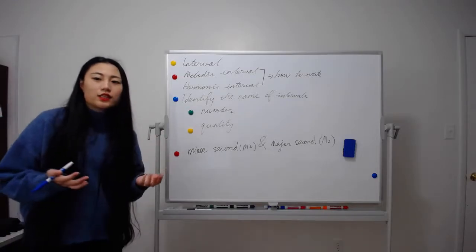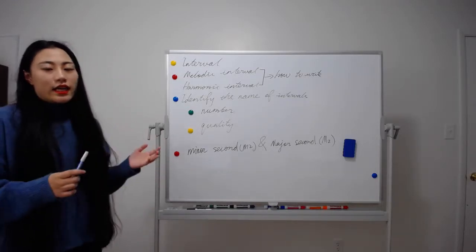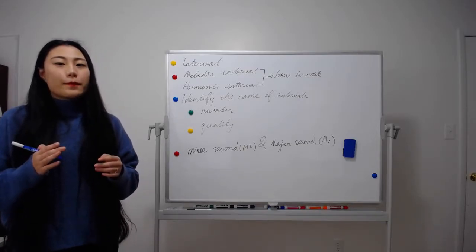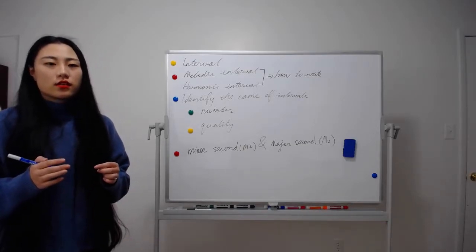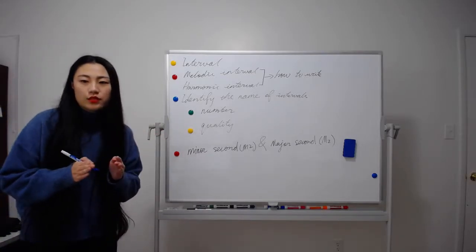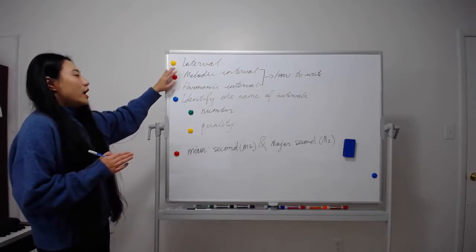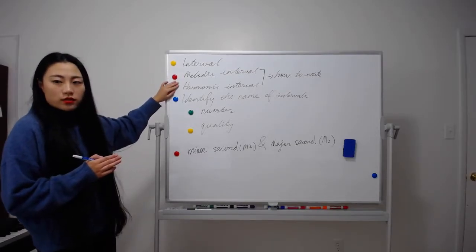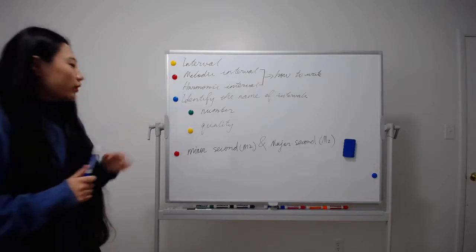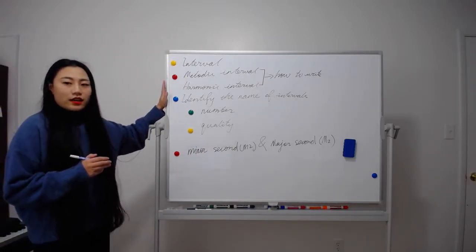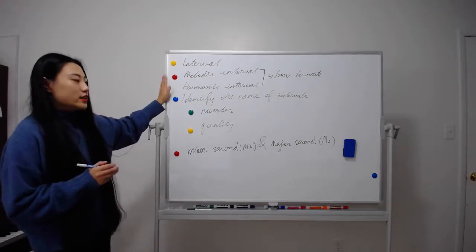So what is the interval? Basically, in music theory, an interval is the difference in pitch between two sounds. So there are two types of intervals, melodic interval and harmonic interval. So melodic interval refers to successively sounding tones. For instance,